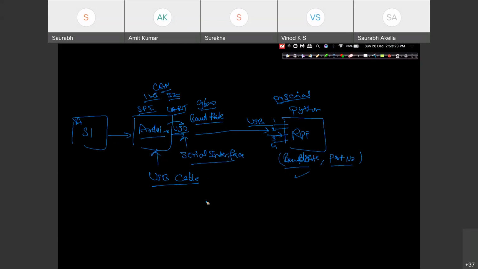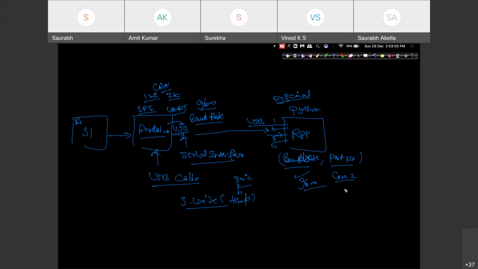Suppose you have sent data with this function serial dot write, suppose a temperature value, say 30 degrees, only 30, without any textual value. So we have just sent 30 from Arduino. On the Raspberry Pi side, the same baud rate 9600, and the port number was COM number 2, communication port number 2.